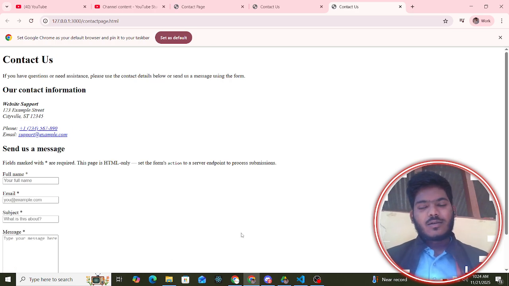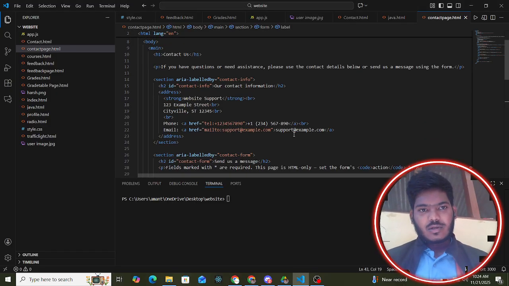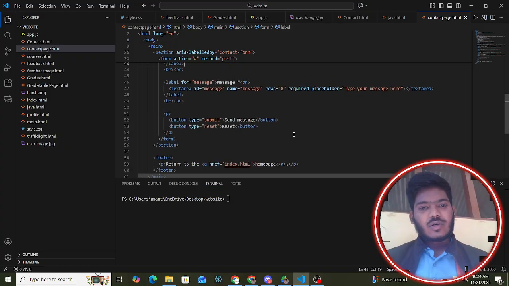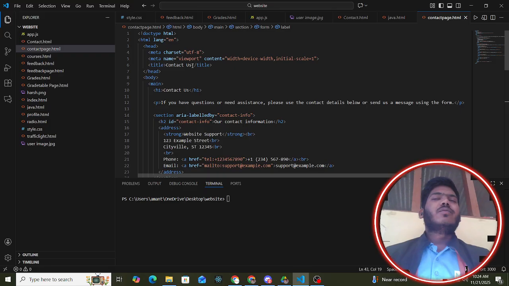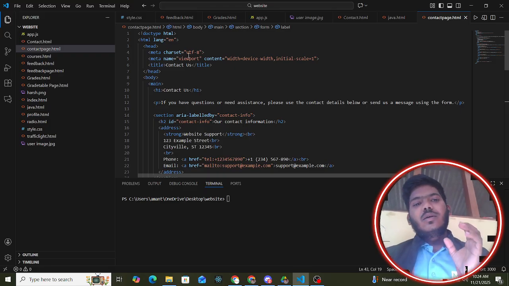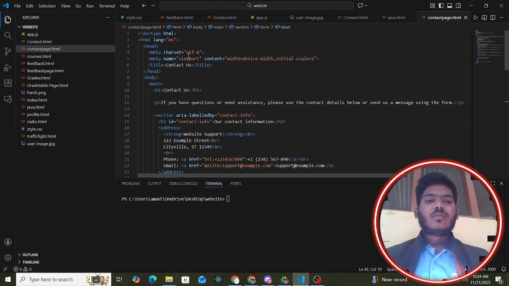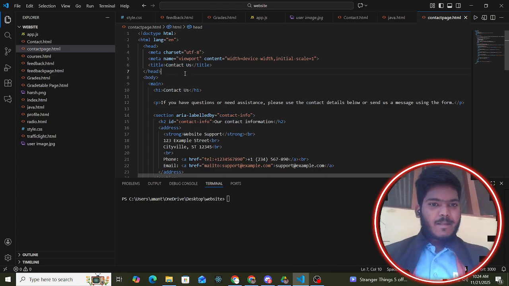Okay, so let's see what the HTML code of this page is. So here's all the code of this contact us page. First off, I start from the boilerplate, and after that I started the head tag, and in the head tag I use the title, contact us. Okay, and after that I close the head tag and start the body tag. I use the main tag for